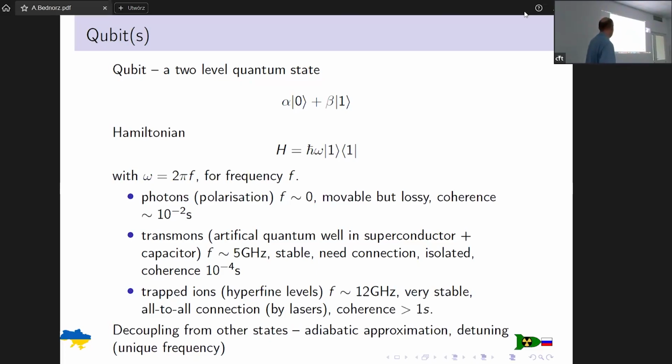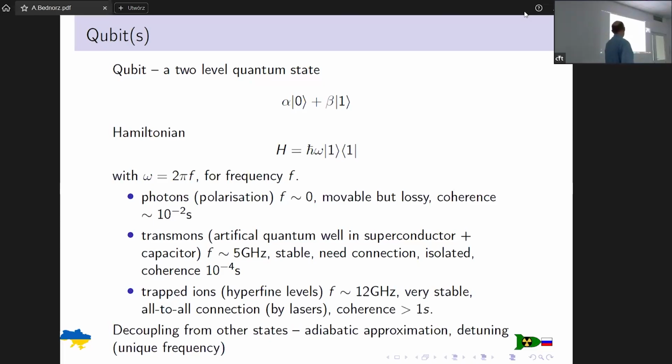Isolated. The coherence time is maybe not very long, but you can do something useful. This coherence usually says how long it takes to keep the state in a certain superposition between 0 and 1, and how long it takes to relax, because the ground state is 0, and after a long time the state collapses to 0. This is a basic picture. It can be more advanced, but this is the main effect responsible for the coherence.